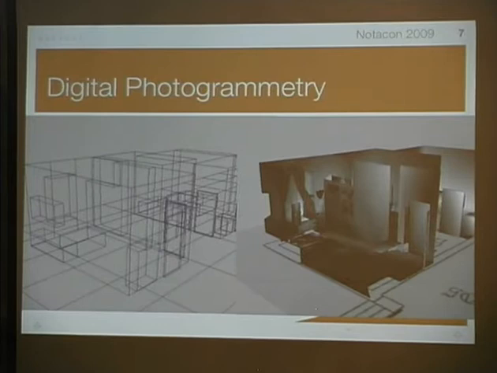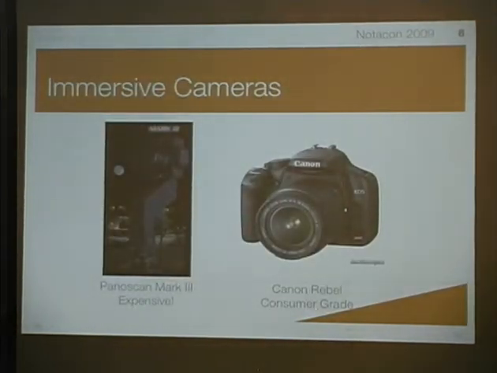So we get to digital photogrammetry. This is actually a shot from one of the oldest buildings at our university, actually the oldest building at our university, called Cutler Hall. And this is actually made up of just 2 images, 2 scans, and we're going to go over that more in detail. I just wanted to give you an idea of where we're going with this. So the left image is a wireframe image, and the right side is a textured model. So Steve's going to talk a little bit about our 2 types of immersive cameras